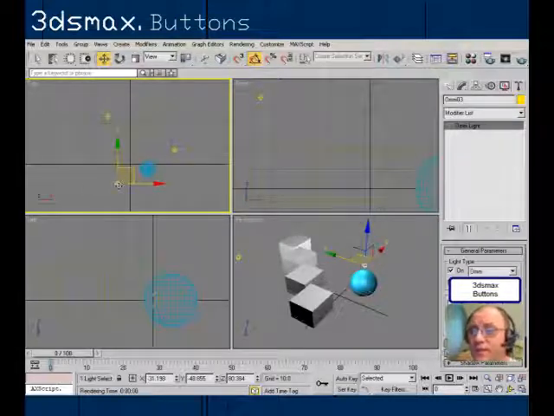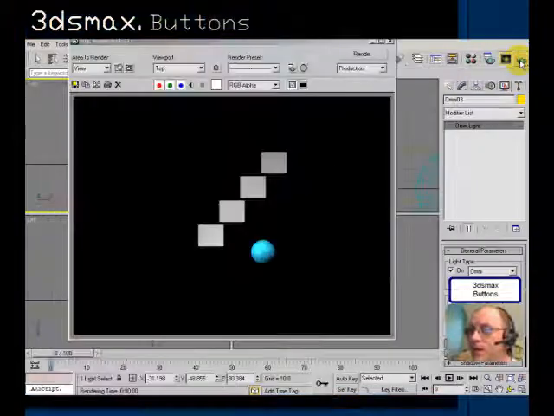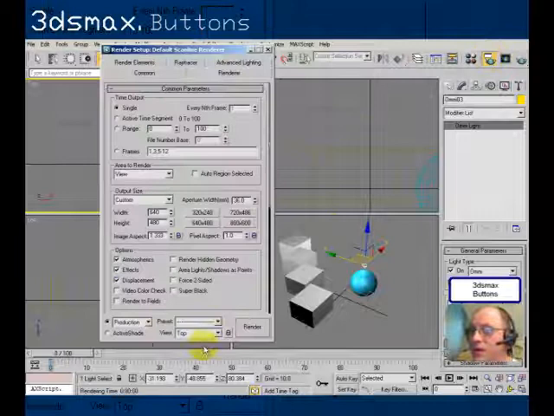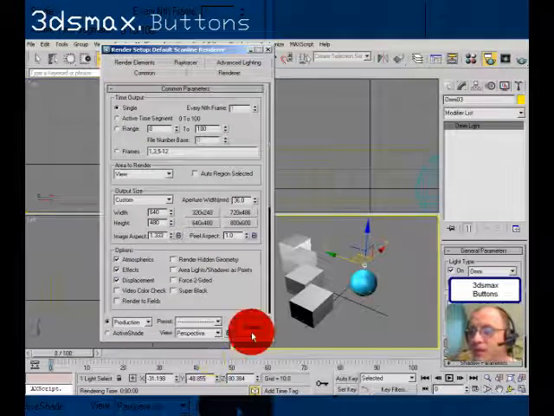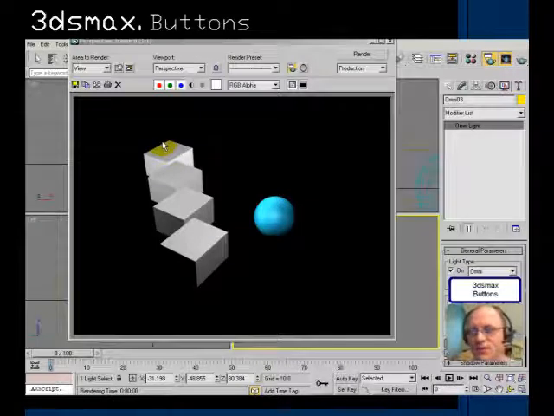I'm going to render this again. Oops, I used the wrong dialog, so I'm going to go to render setup, and I'm going to pick perspective and then render. That's a little bit better. So what happened was my lights were a little low, so I brought them up, and now it's showing a little bit more surface area. There's no real plane or anything, but still you can at least see those boxes. So this is